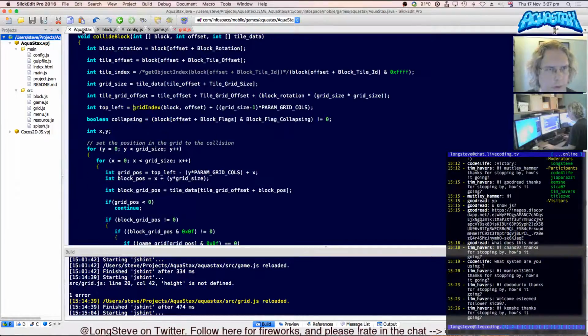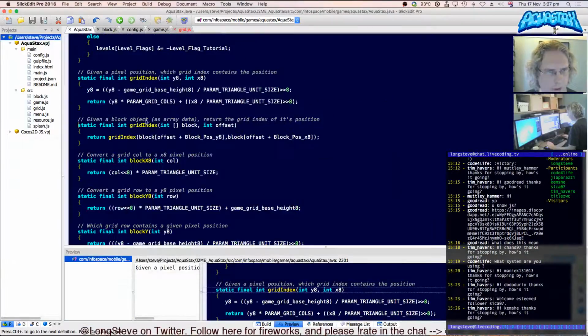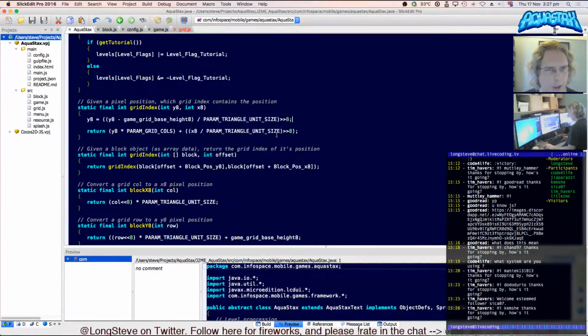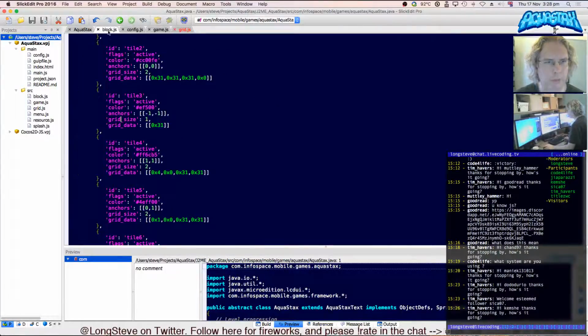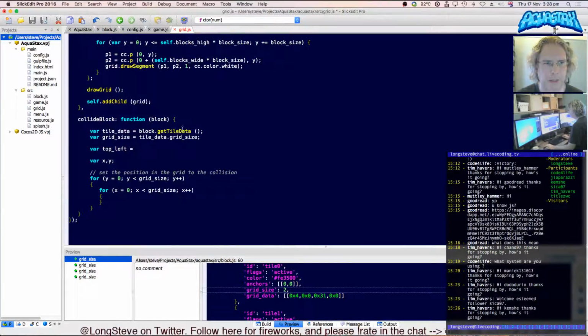Top left, and I use a function called grid index. Let's jump to where that is. Okay, so grid index. Oh, we're back to game grid base height again. But I can be assured that's 0, and that's a pixel position, and this is the block data stored as an array, and we use the X and Y position. Okay, so that X and Y position of a block is actual pixel position on the screen, and that's going to actually be the X and Y position of the node within the space of the grid. So I can do,